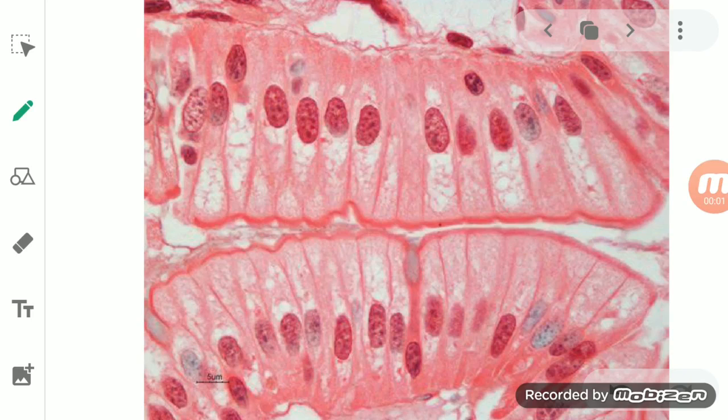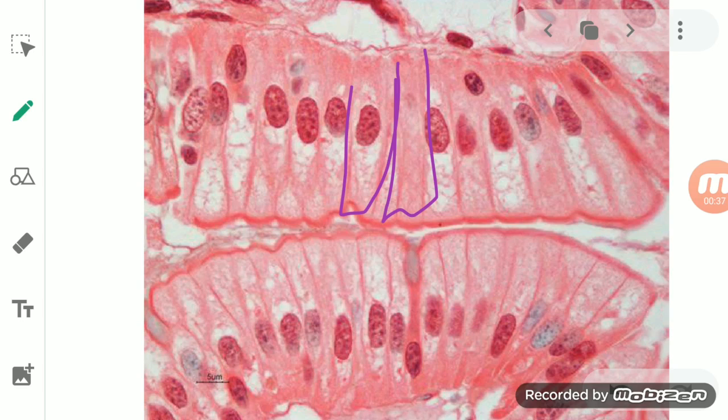Now we will see another epithelial tissue, and that is known as simple columnar epithelium tissue. Now the term is columnar. What does that mean? That it consists of columns. Okay, so columnar epithelium consists of cells that are taller than they are broad. That's why its shape is like a column. So these cells are taller, and you can see they are column-shaped structures.